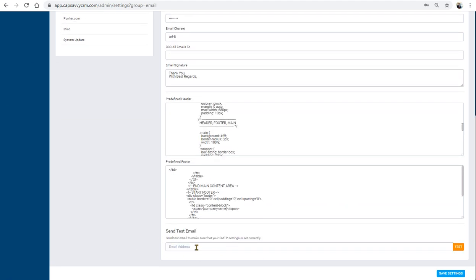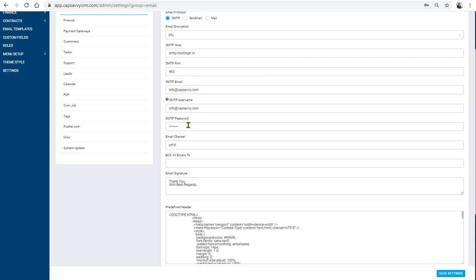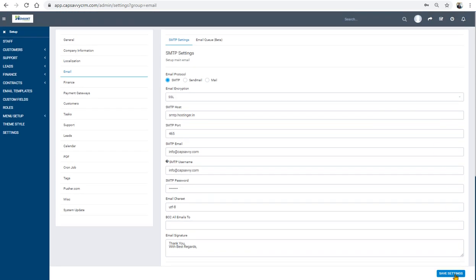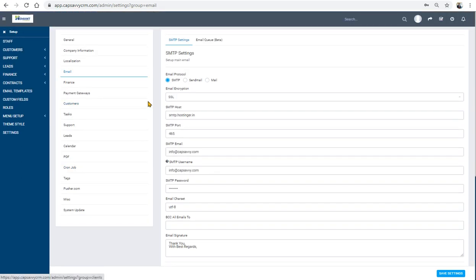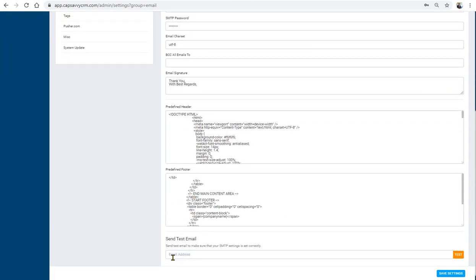Now everything else you keep the same, and if you want to test your email, you can mail to goel.home@gmail.com. This is just for testing purposes, that mail will come. If there is an error, then it will not take. That means either my password is not correct or the setting is not correct. Otherwise it will say it is done. So save settings. The system is updated, which means the email has been taken properly. There is no error in the email. Now we see whether the email has come to the email ID, so I'll go to my email ID.